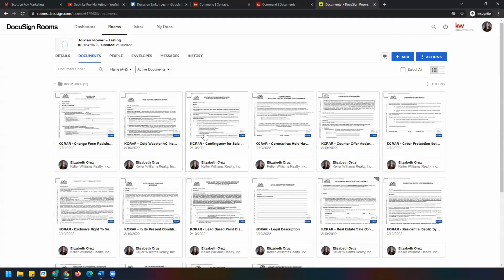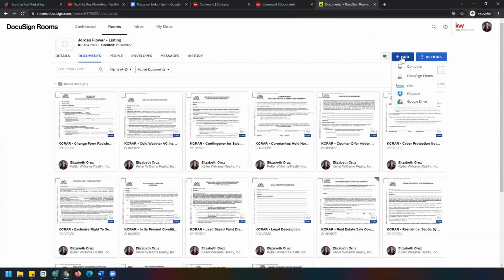Now, the second tip or trick that I wanted to show you today is how to edit PDFs in Docusign. So this is going to be useful for a couple of different examples. First would be editing, for example, an offer that an agent has sent over, maybe attached to an email that they got from Docusign or Dotloop. So it's signed by their clients. It's a PDF version so that you cannot edit it, but you can take that form, download it if it is from an email,